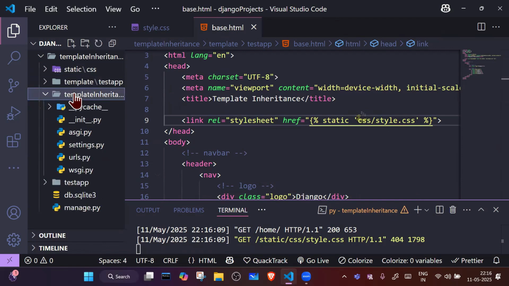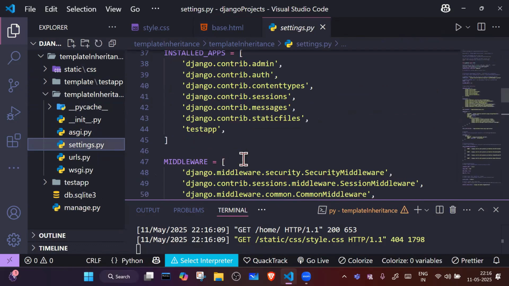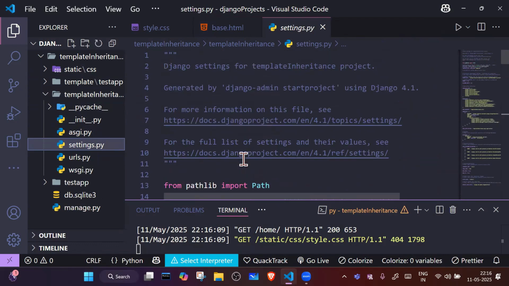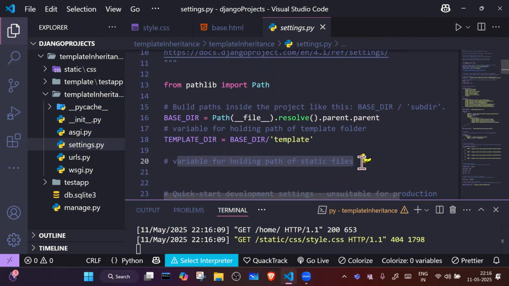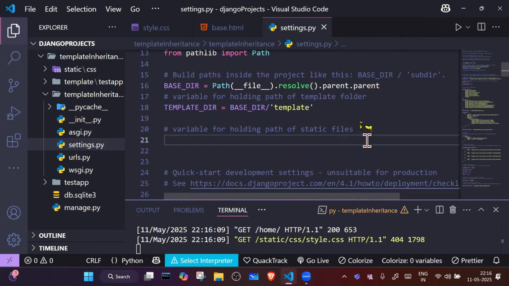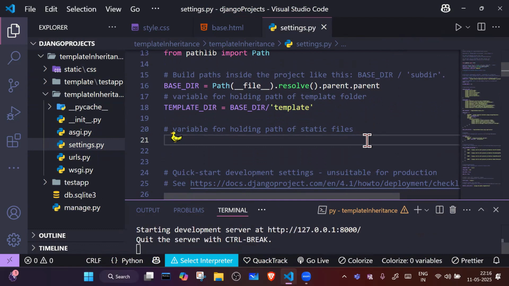So we need to go to the project settings. Here we have project settings. See, here I have created one variable for holding the path of template folder, and I said like later we will hold the path of static files. So here we have to create one variable, which is